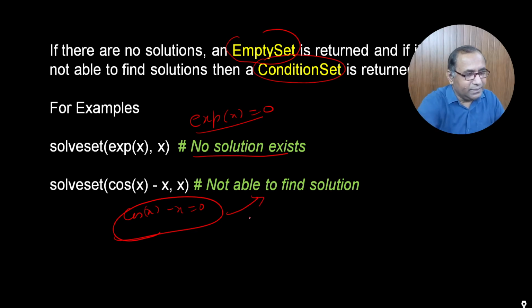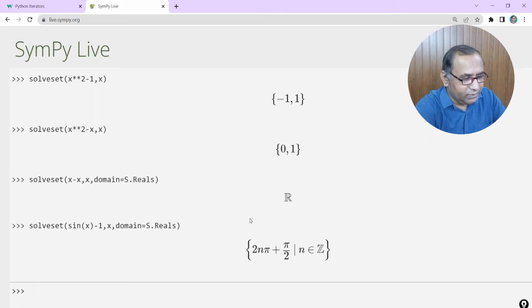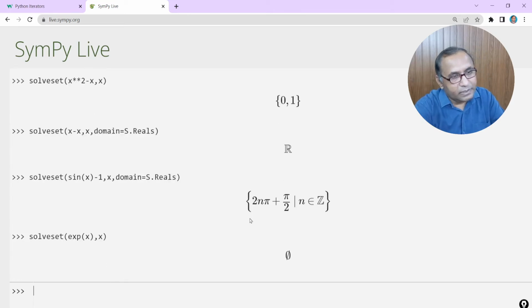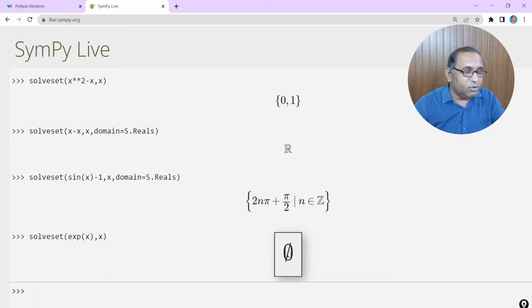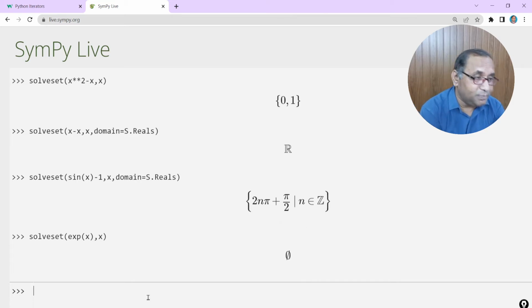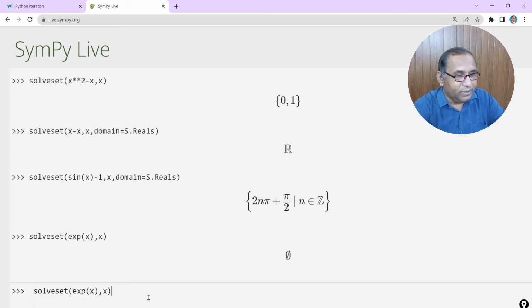Let's try in SymPy. We have solveset, and we want to solve the exponential function for x, and then enter. See, it is an empty set. It is returning an empty set because there is no solution for the equation exponential of x is equal to 0. If we have cosine x in the place of the exponential,